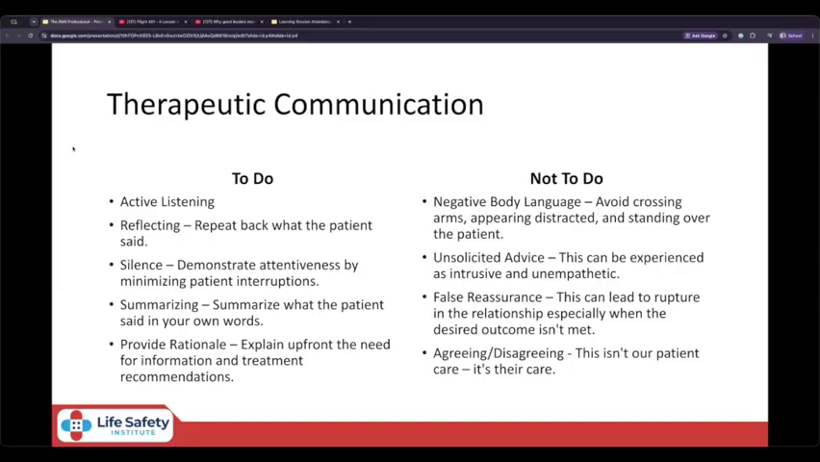So therapeutic communication is a way of filtering or a way of thinking about your communication, a way of implementing your communication in the best interests of the patient, right? We as EMS providers are patient advocates. And what that means is everything that we do is for the patient, right? It is more important that we put the patient over ourselves, and we call that,